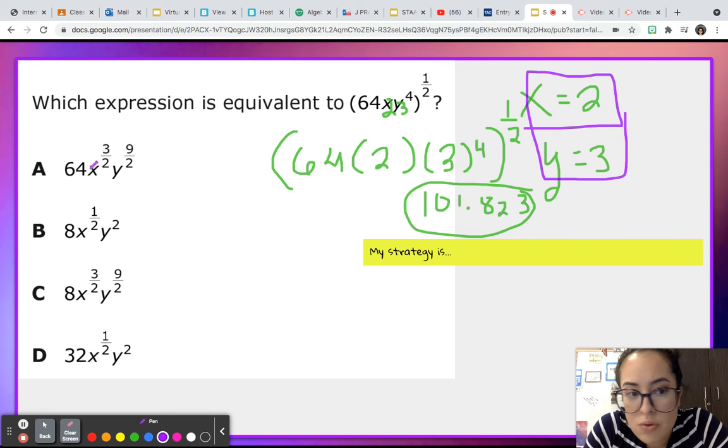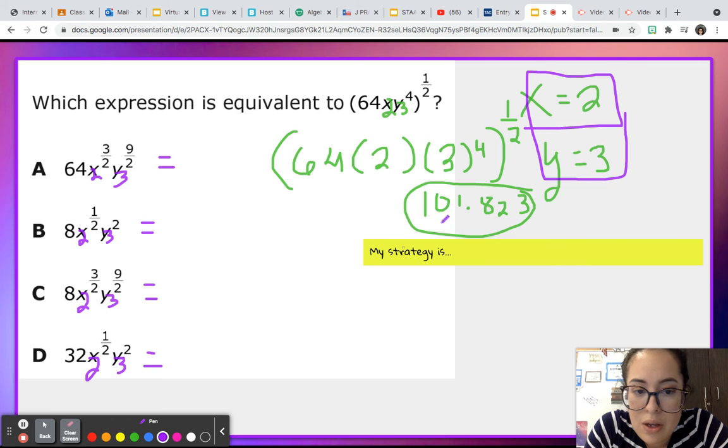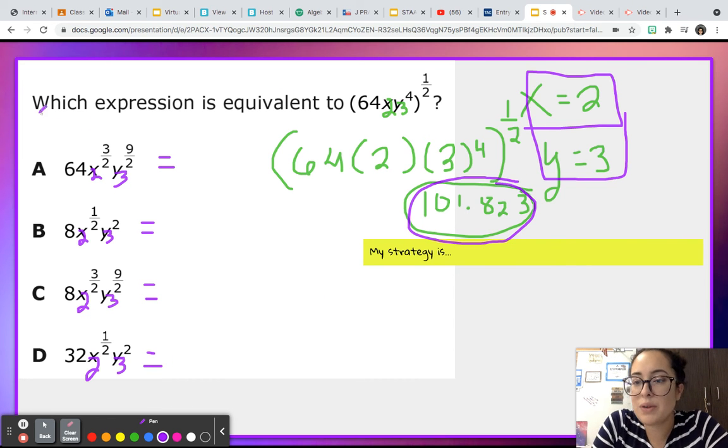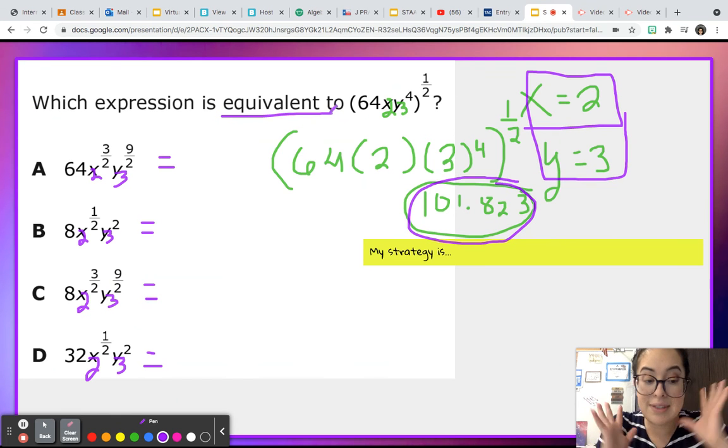So I'm going to do this with a 2, this with a 3, this with a 2, this with a 3, this with a 2, this with a 3, this with a 2, this with a 3. And I want to see which ones of these, when I put them in my calculator, will give me this value, 101.823. Because the question says which expression is equivalent,